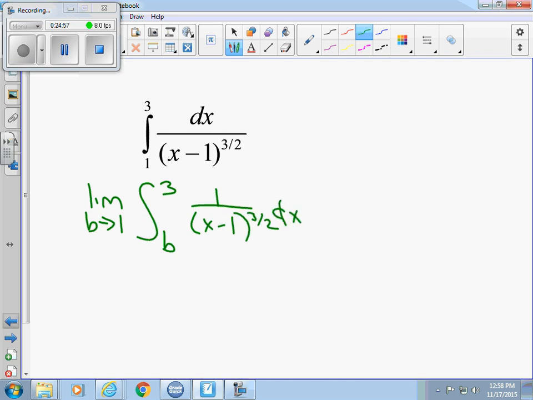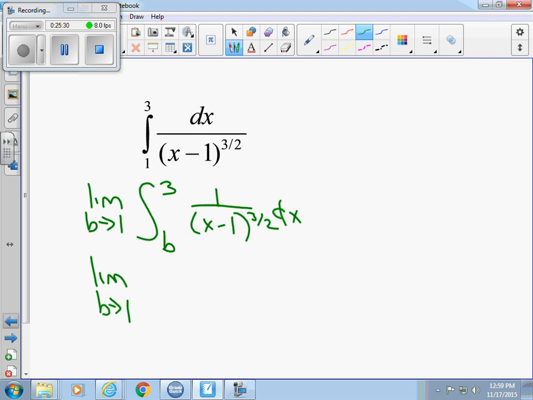You may not feel the need for a u substitution on this one since the derivative of x minus 1 is just 1. Does everyone know what I mean by that? Where the derivative of 27 minus x was a negative 1, so we decided we wanted a u substitution there. Something to think about when you're deciding whether you need to do a u substitution or not. So what's the derivative of that inside the value? So I have x minus 1 to the negative 3/2 power. If I add 1 to that power,